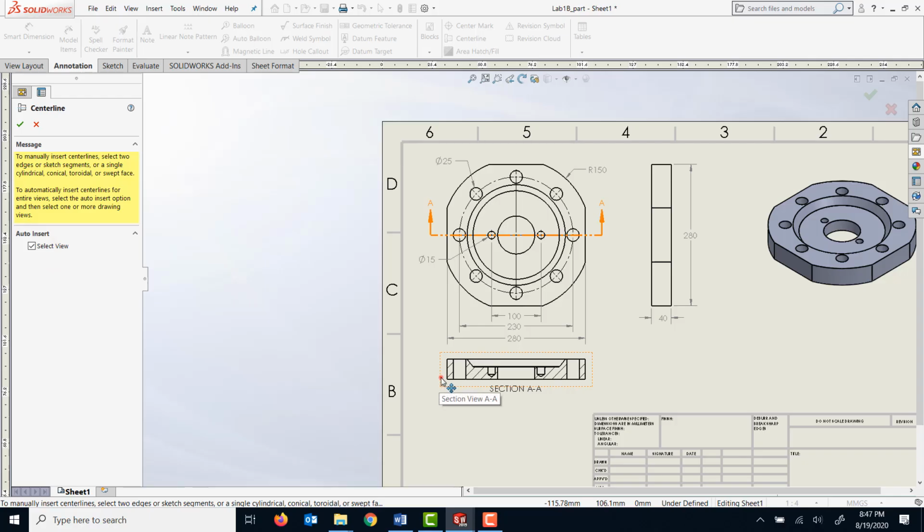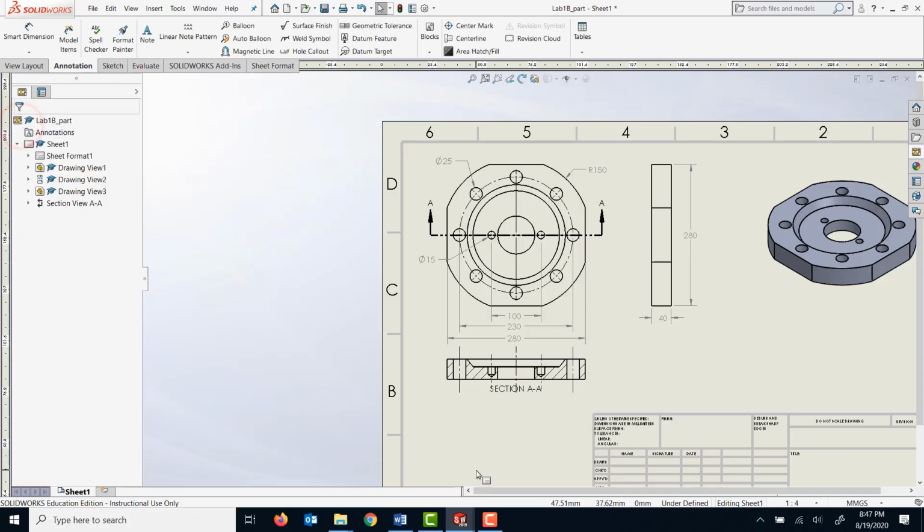I'm going to do the auto insert, and then basically it adds the center lines everywhere where they're needed, and I'm going to click OK. So these are added, and this one I could drag and drop there too, and basically reposition it. And after the center lines are added, there's a couple of dimensions that you are required to add in this lab exercise. So to define this part